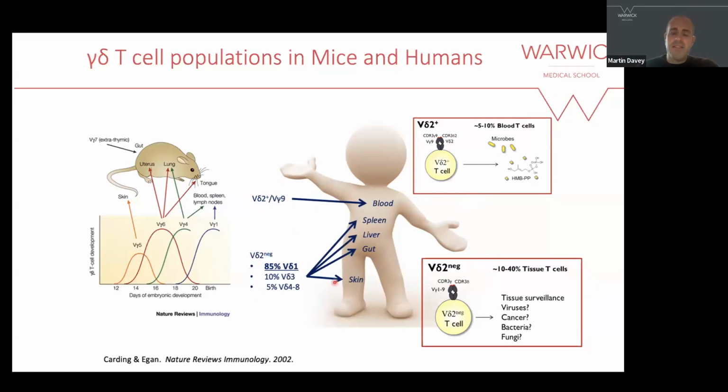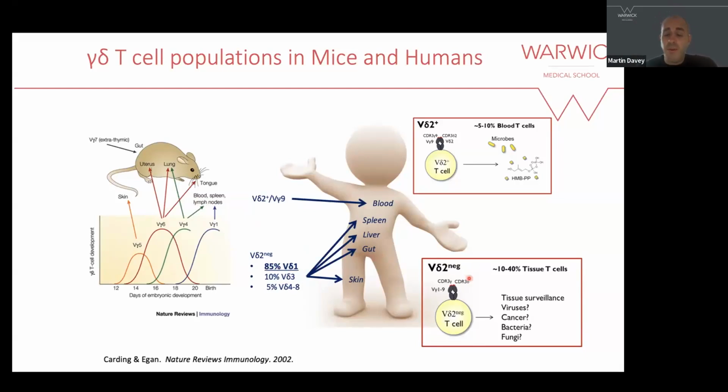So what we end up having is this broad array of what we call V delta 2 negative, a crude population of non V delta 2 gamma delta cells, and then probably the most common chain pairing is this V delta 1. But then there's a whole array of 8 different gamma chains that this V delta 1 can pair to, and there doesn't seem to be the same kind of gamma chain restriction that you see in mice. Actually it's more that they're expressing a V delta 1 with a vast array of different receptors, and I'll show a little bit more data to support that.